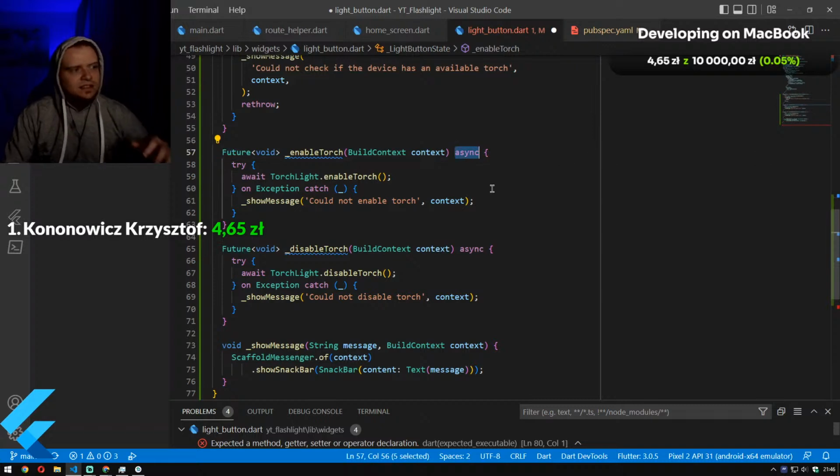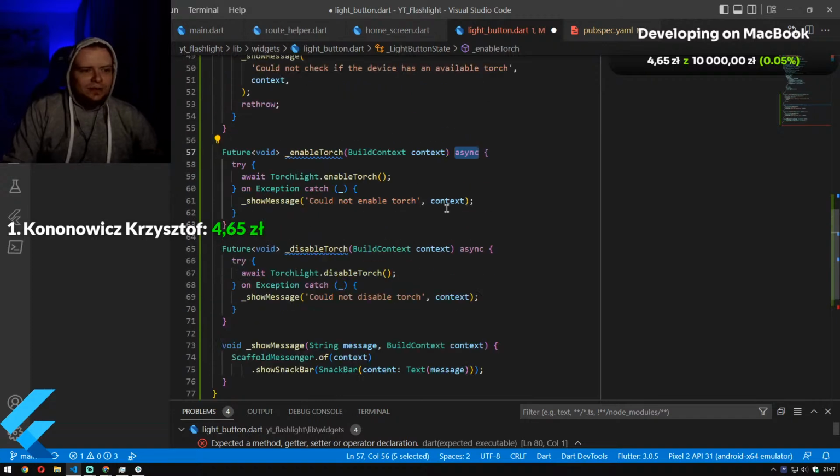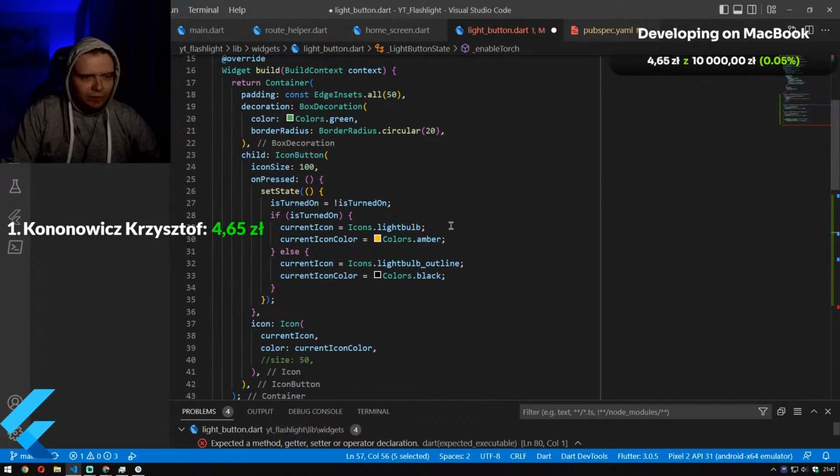So basically this is for the asynchronous operations. Today we will not be focused on that, but asynchronous operations can help us to show the users that something is loading. I will show you that in later streams, but here we can just ignore it. However, what we can do